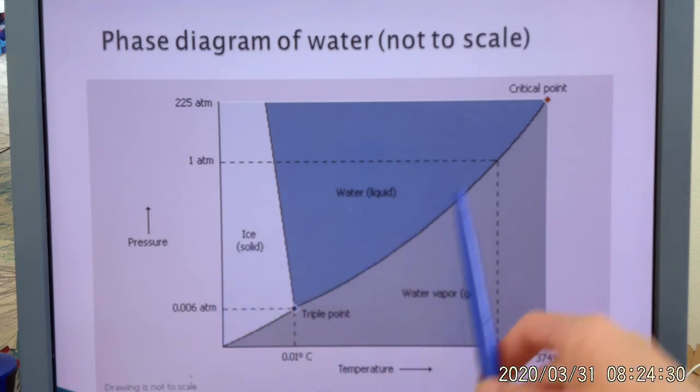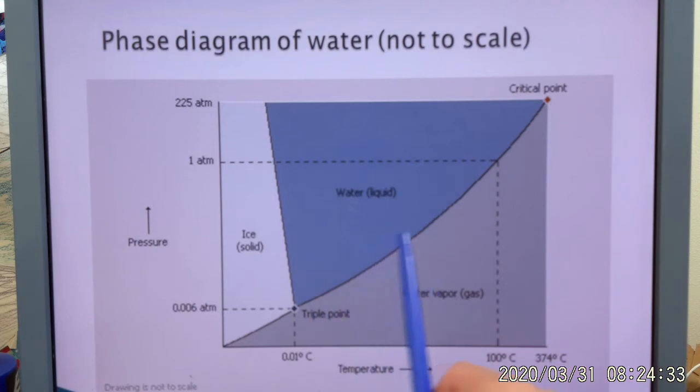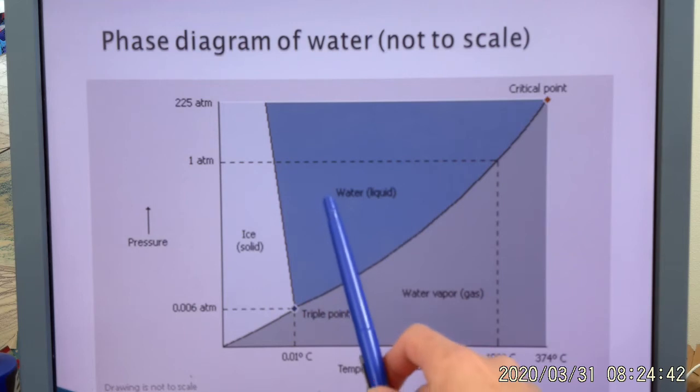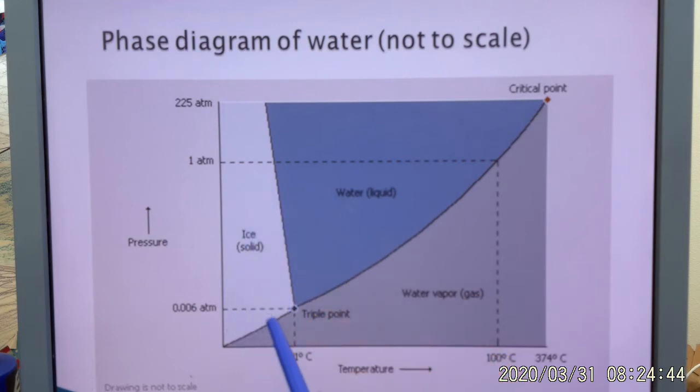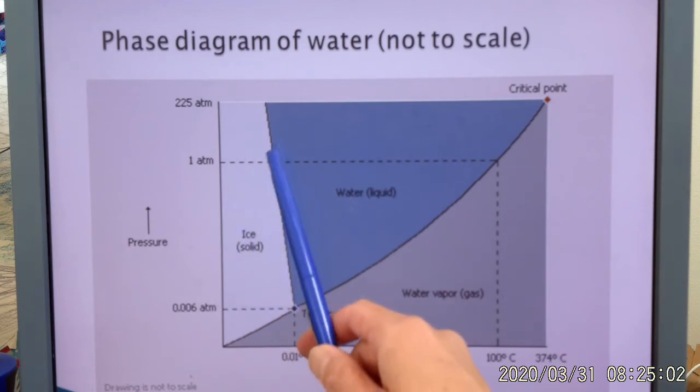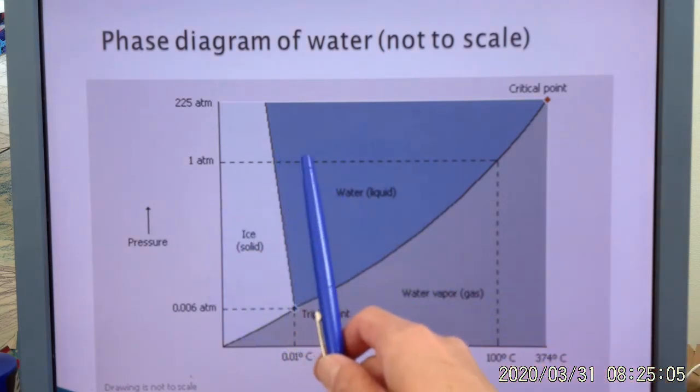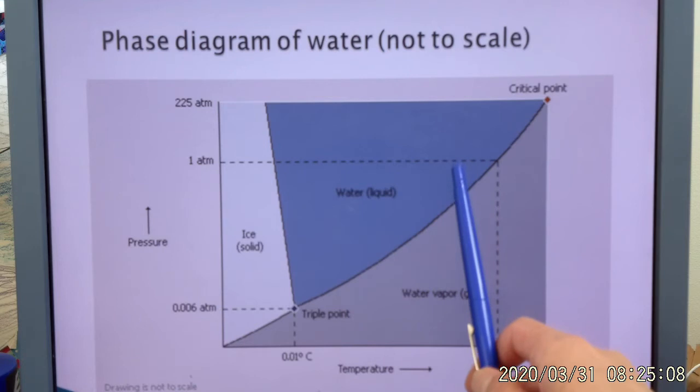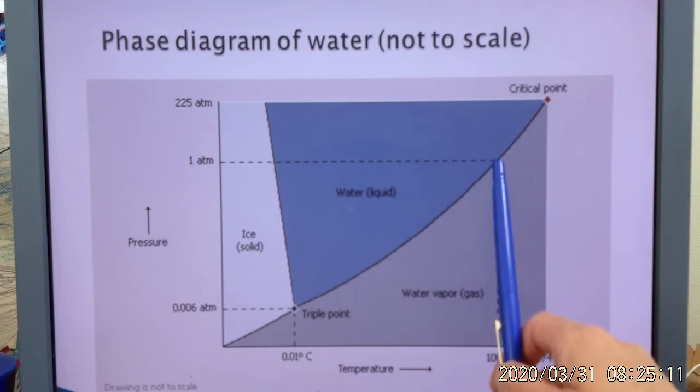Here, this section, I'm going between liquid and gas. So this is vaporization, this is condensation. This one is melting, this one's freezing. This one, sublimation, going back, is deposition. So, it's showing all the equilibrium. These lines represent where you have your equilibrium between your two states. At 1 atmosphere, going between solid and liquid, freezing point, 0 degrees Celsius. If I look at 1 atmosphere, going between liquid and gas, this point right here is my normal boiling point,